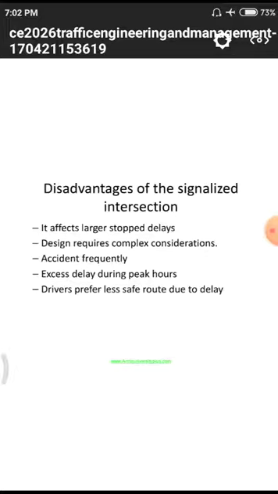Normally in metropolitan cities and other places, we are observing this kind of preference for unsafe areas. That means unsafe routes. Why? Because they have to go to their offices and other destination points within that time, so simply to avoid those traffic delays, they will choose different routes or different shortcuts. Due to that, there may be some accidents occurring. These are the major disadvantages while we are dealing with these signals.